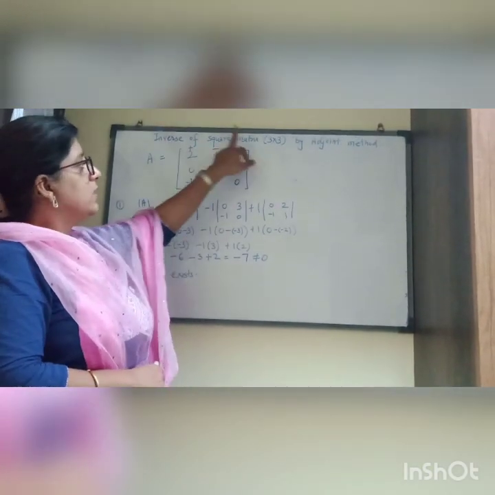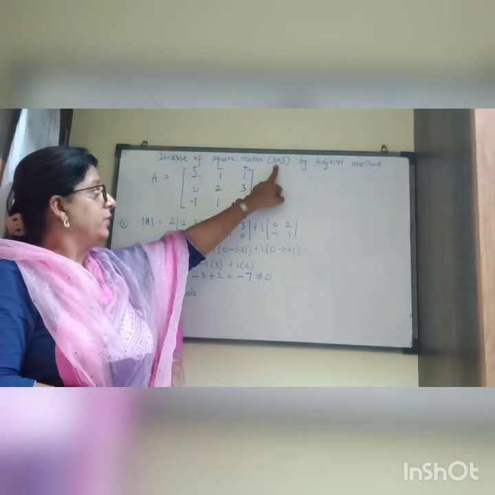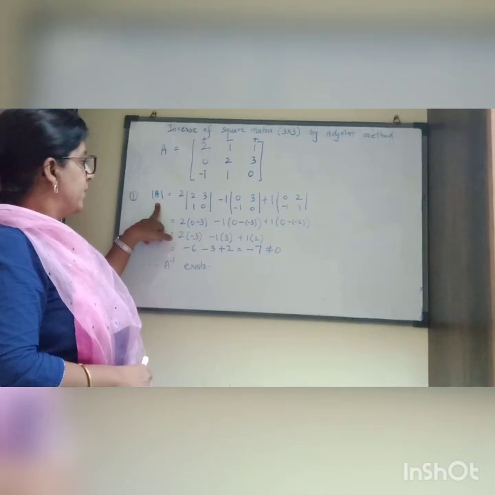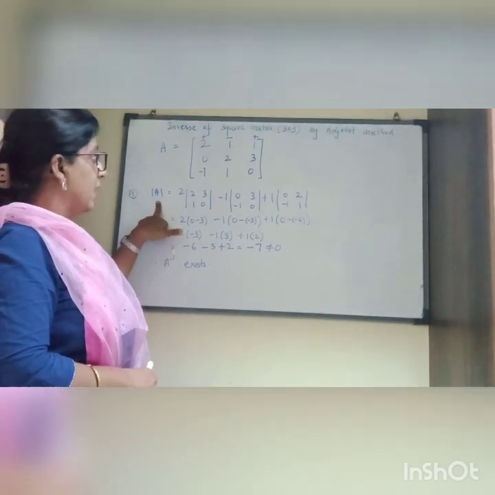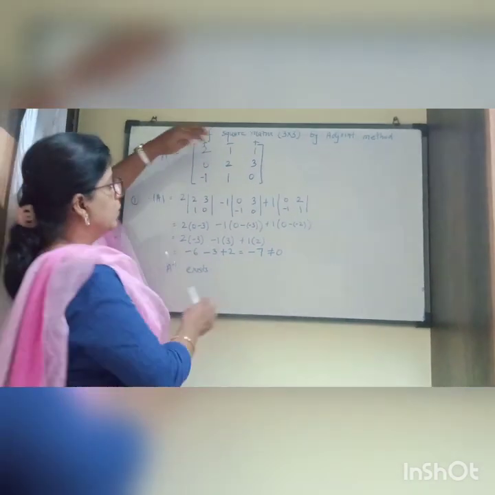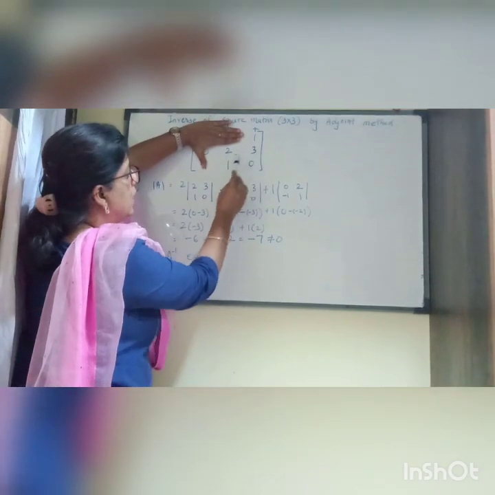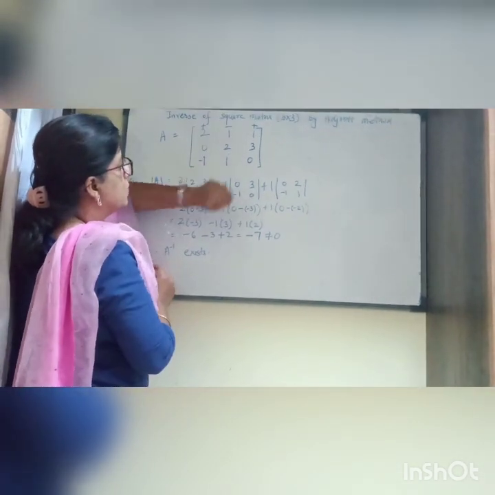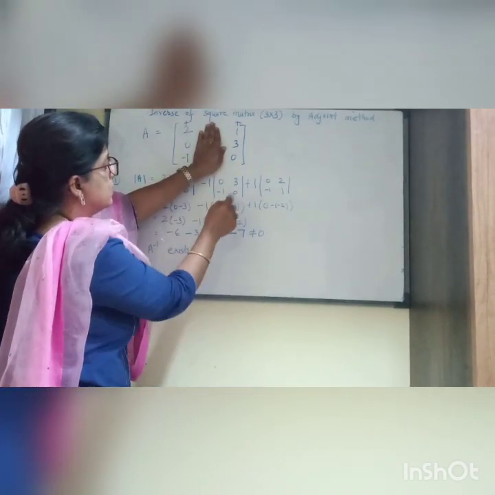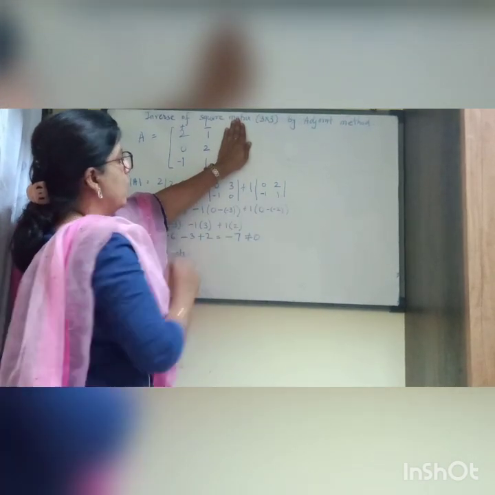Next we will take the inverse of a square matrix by the adjoint method, for a matrix of order 3 by 3. This is one example. First step, we have to find the determinant of A. You know the signs are first plus, minus, plus. For 2, leave the first row and first column, so 2, 3, 1, 0. Minus 1, first row, second column: 0, 3, minus 1, 0. Then 0, 2, minus 1, 1.